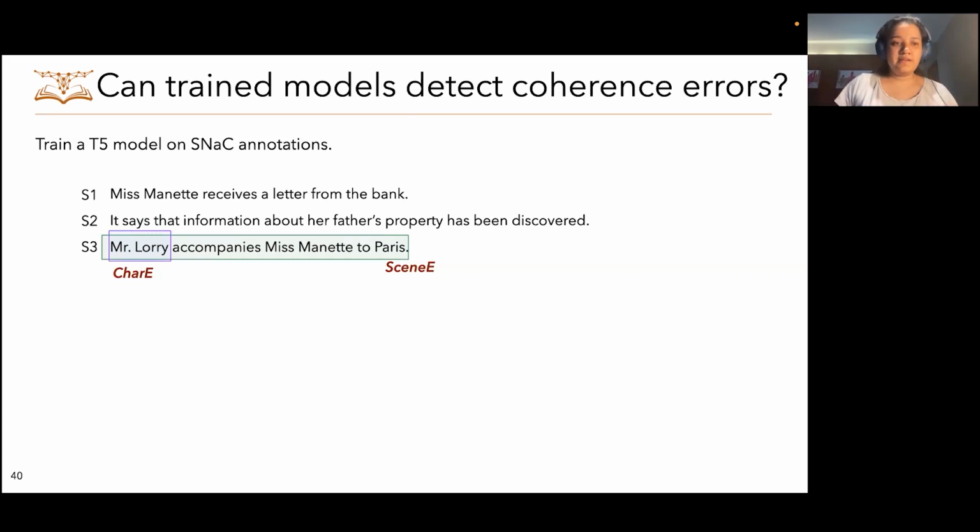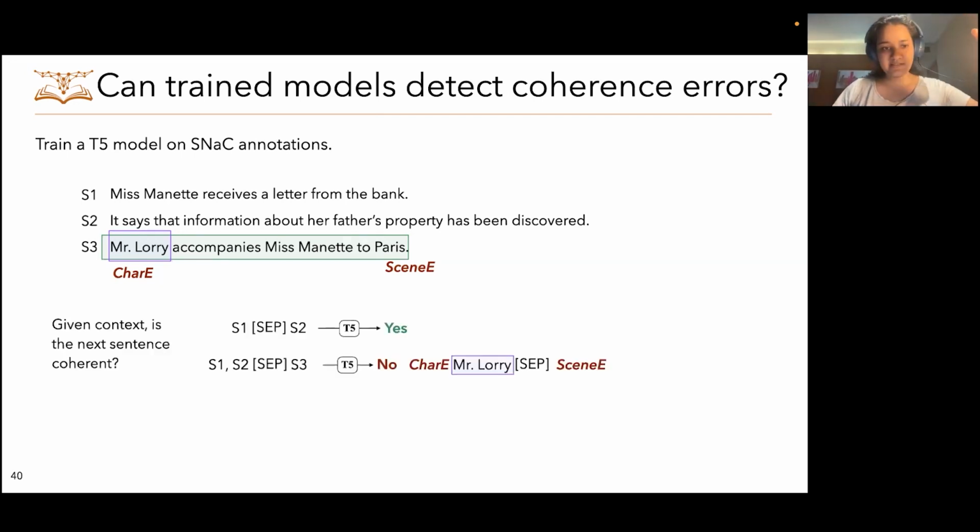An interesting product of this work was that we found that we could train models to detect errors. So for instance, here the setting is, given context, we want to predict whether the next sentence is coherent or not. And again, to step back a little, the reason why we want automatic models to be able to predict coherence